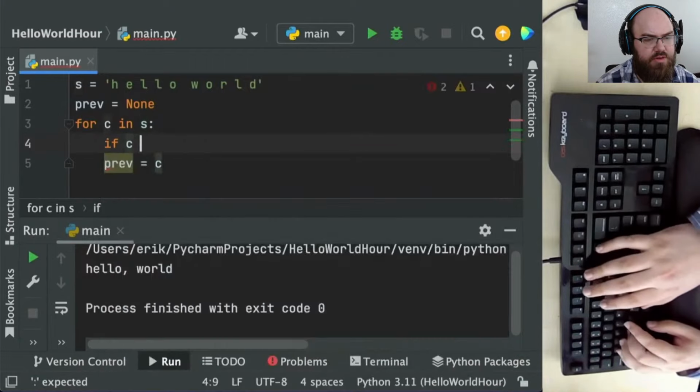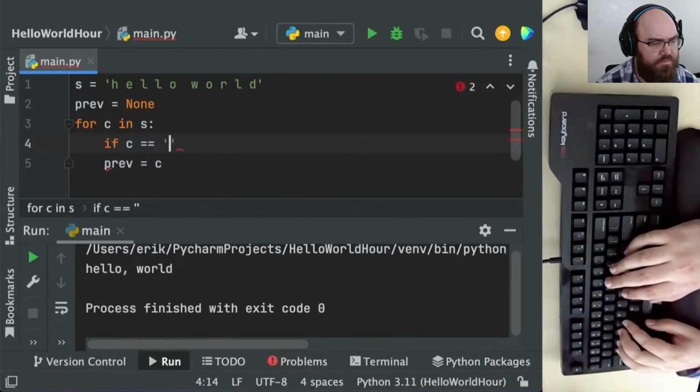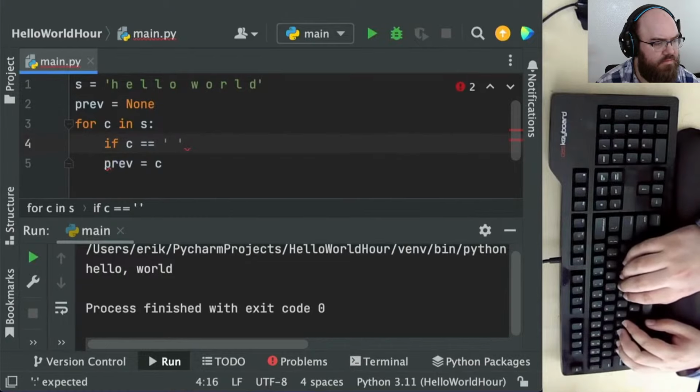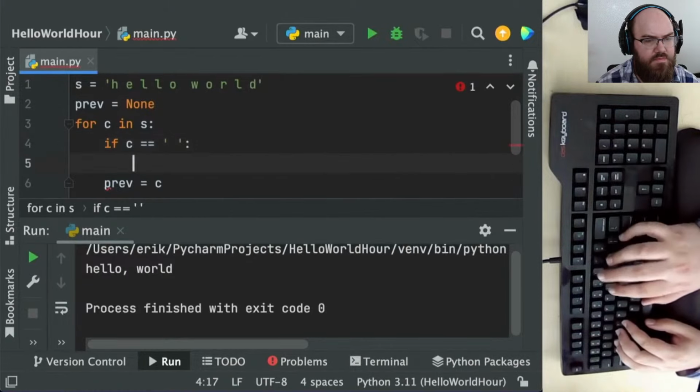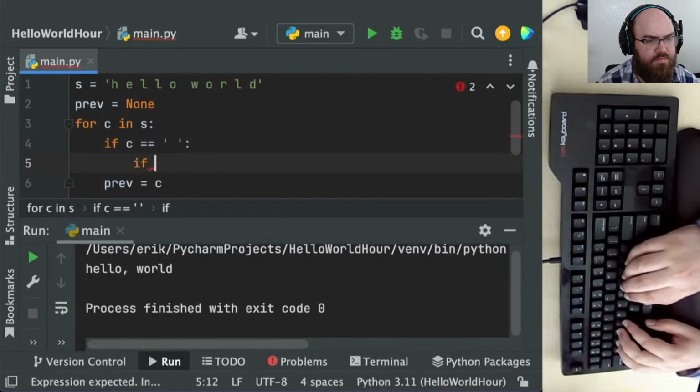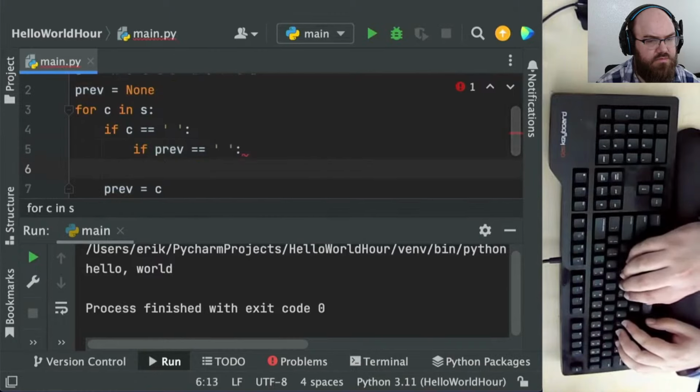No, if previous. Why are we writing if F? I mean if S. Wait, why did I write that as 2 if statements? Why didn't I just do an and?